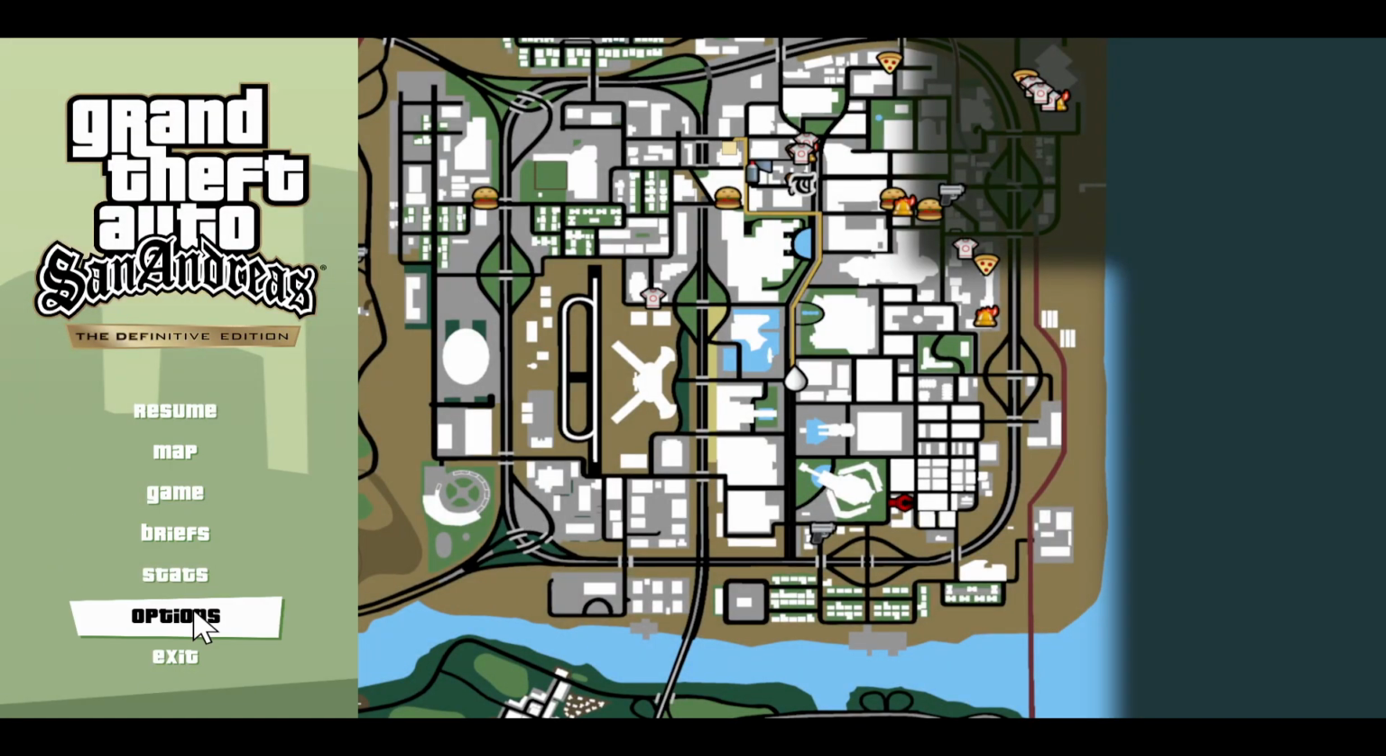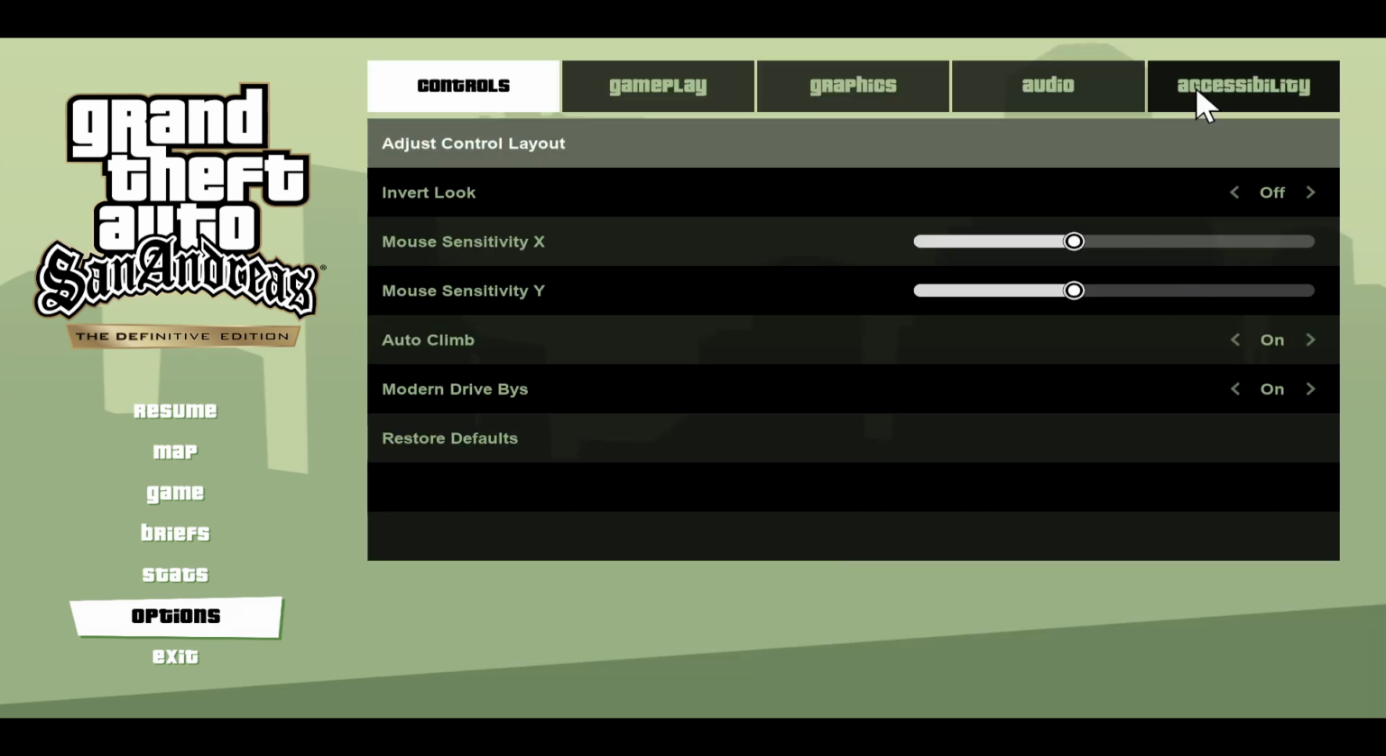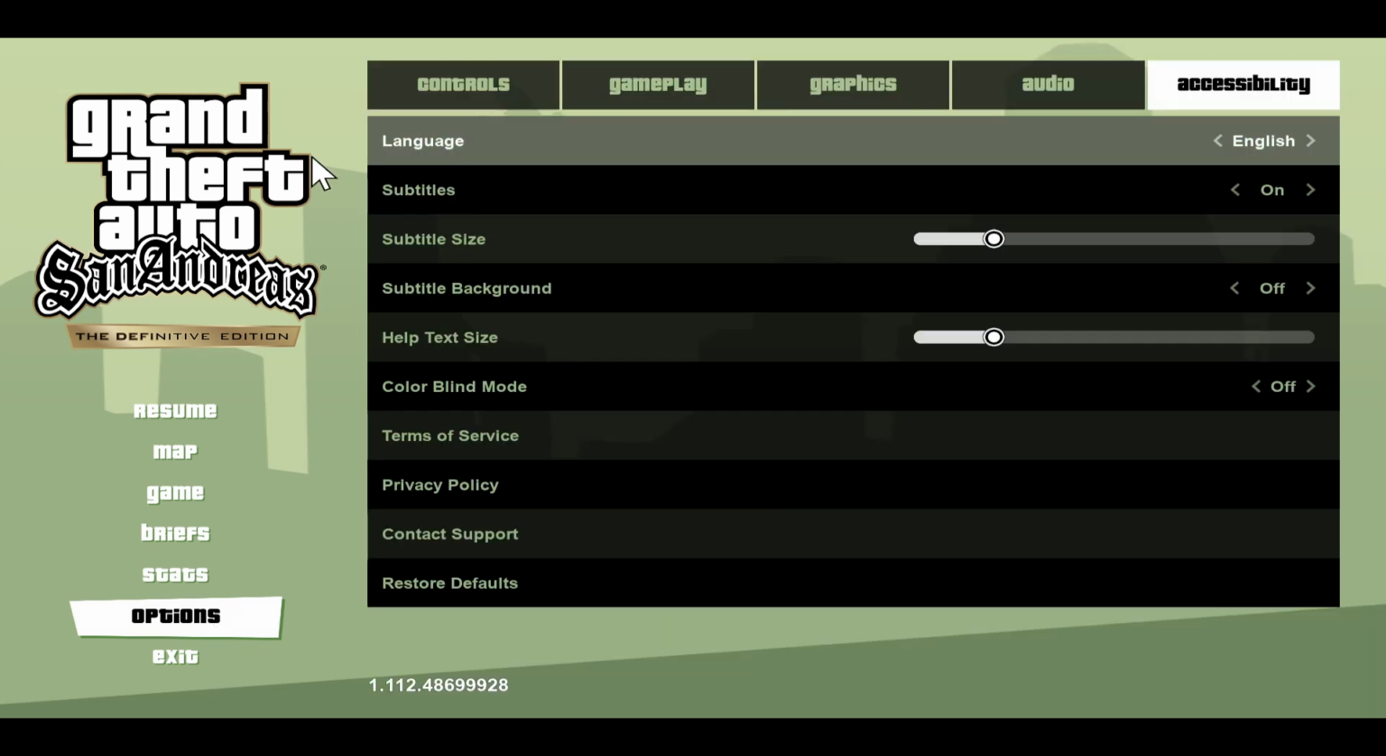From here, go ahead and click on options and then click on accessibility. Now within this menu, you will find the language option at the very beginning. You can just click on the buttons alongside the selected language in order to change into the various different languages